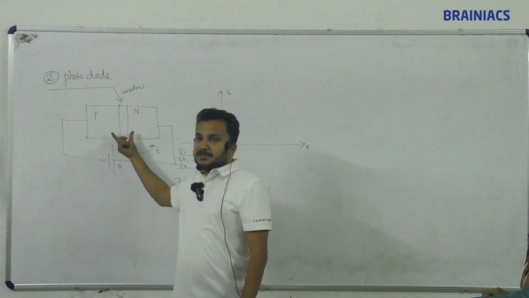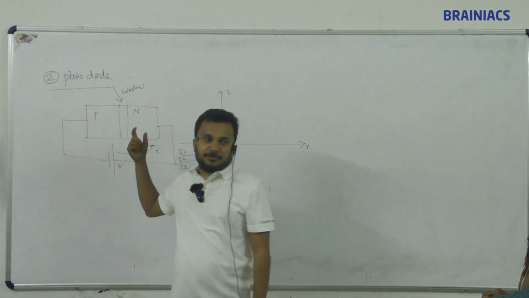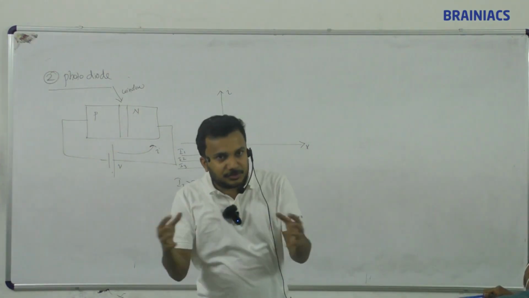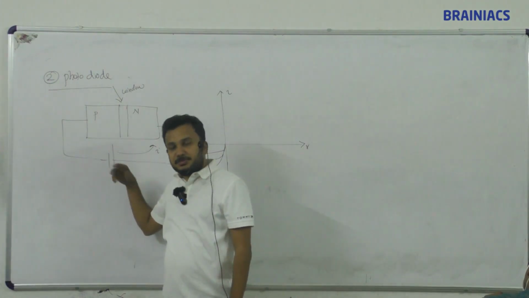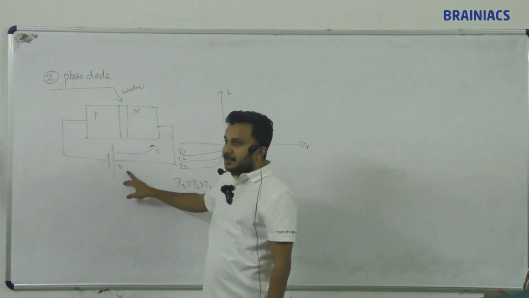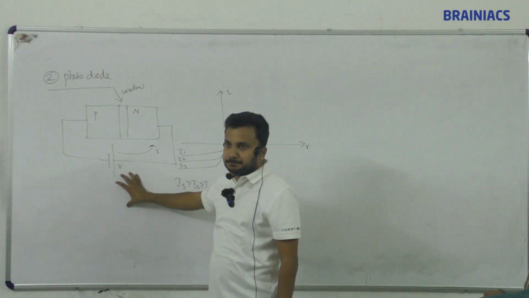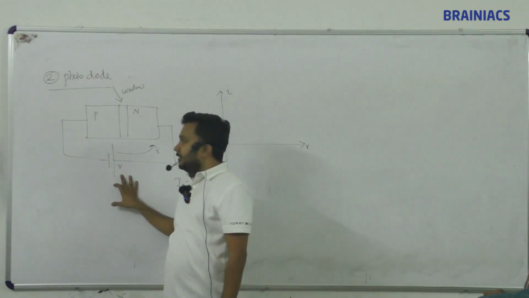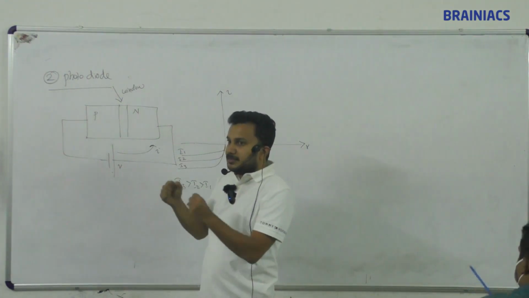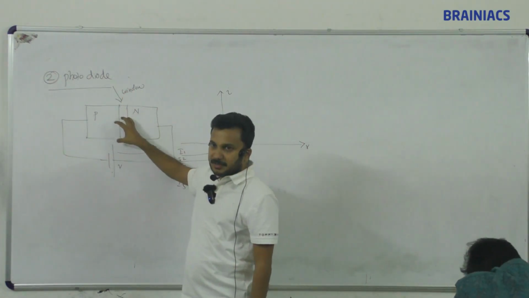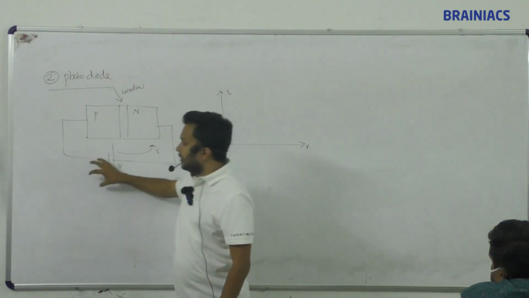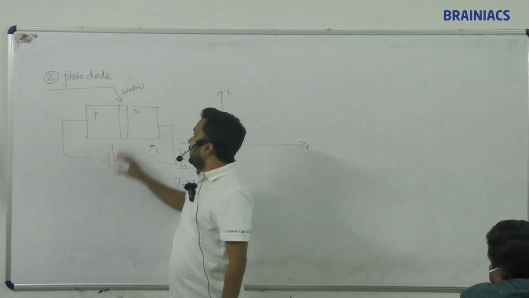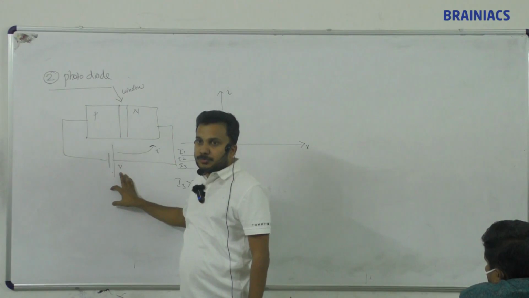Previously I told you, if the light energy is greater than the band gap or forbidden energy gap, electrons and holes start to move, which means they recombine. But here, additionally, a battery is connected in reverse bias. So whenever these electrons and holes start to move, the battery negative is here, so on the P type all the holes are trying to move towards the P side